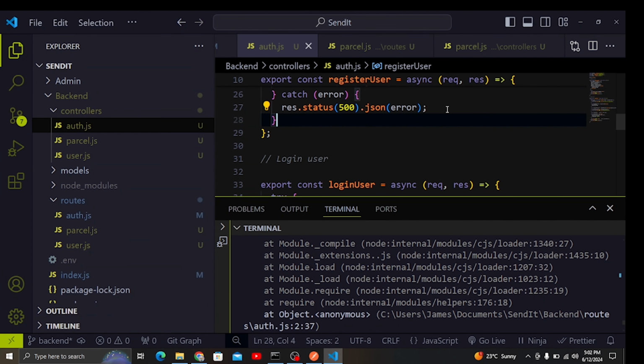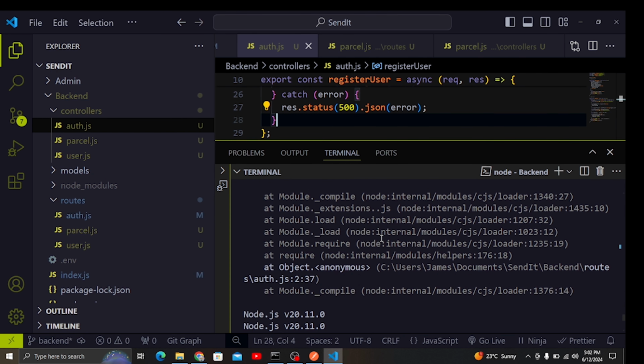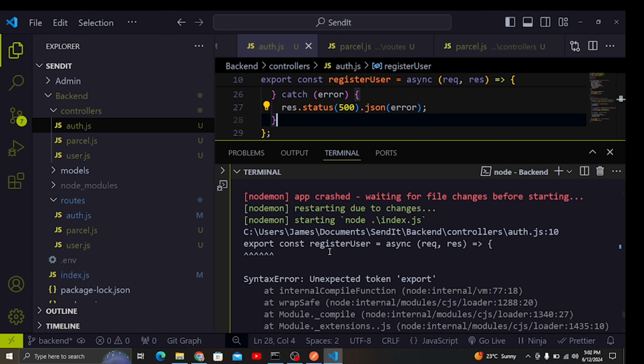So today we are going to continue building our application, and right here in the previous video you can see we had an error, and this error is pointing to this function for registering the user, and actually you can see it is also pointing at this keyword, export. So that's what we are going to do. We are going to tackle this error, and also we are going to push our code to our GitHub doing